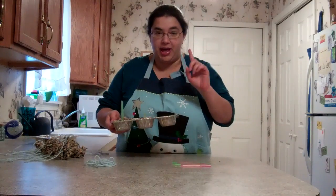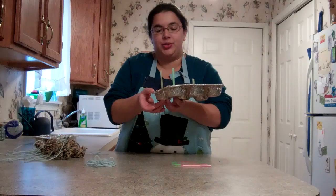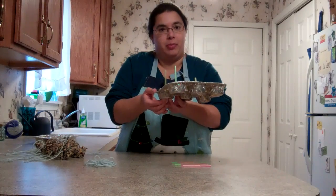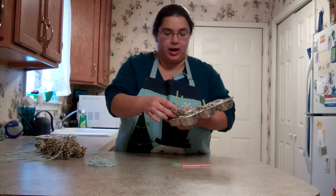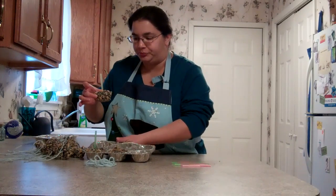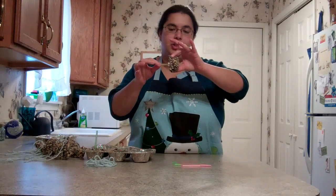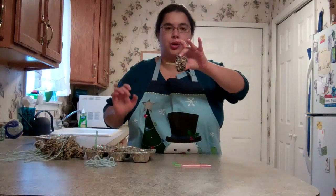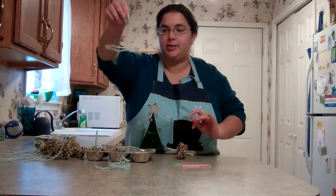So what I've done, benefit to doing them in these aluminum trays, is you can just sort of pop them up from the bottom with your fingers and then sort of grab hold of them and pull them out. Once you've got one out, you want to push, twist if you have to, push the straw all the way through, and then we'll take some yarn